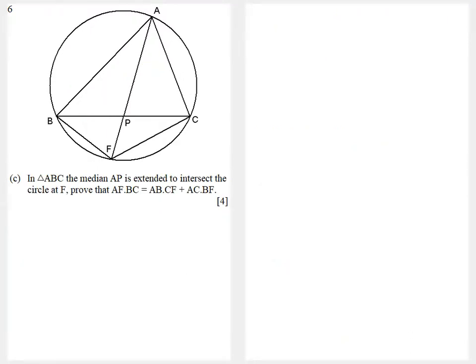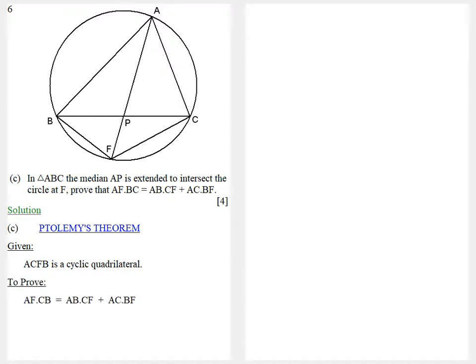Now in part C, in the triangle ABC, the median AP is extended to intersect the circle at F. And we want to prove that AF times BC equals AB times CF plus AC times BF. Now this is actually Ptolemy's theorem, so it is a standard proof. Now we're given that ACFB is a cyclic quadrilateral. We've got to prove that AF times CB equals AB times CF plus AC times BF, and we need to